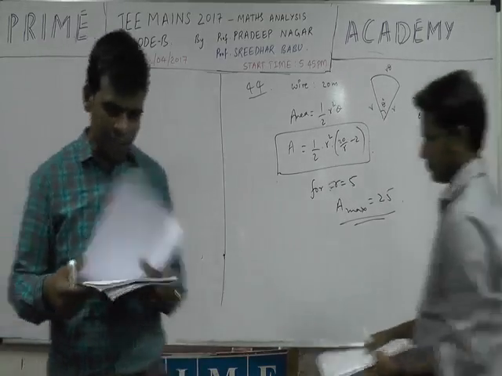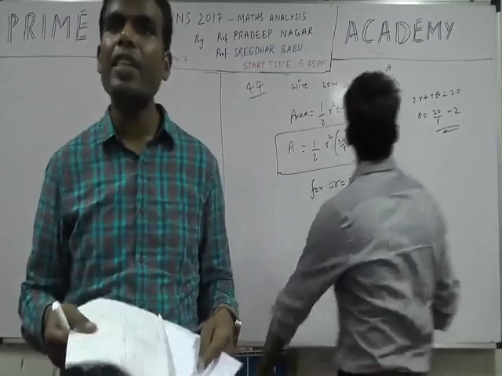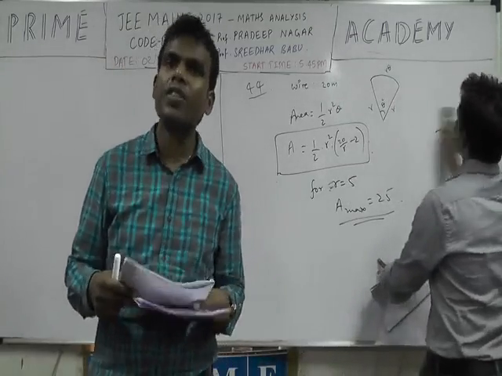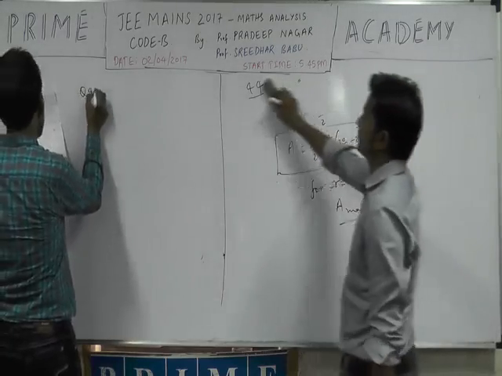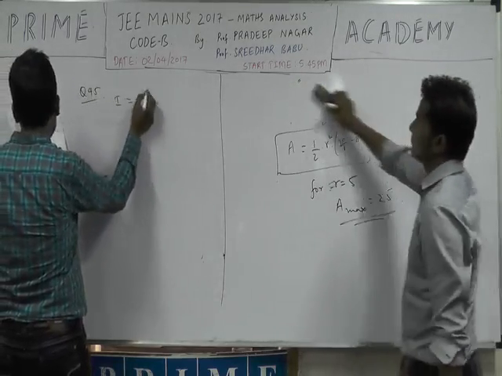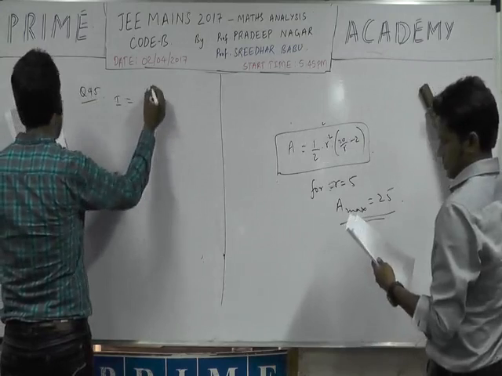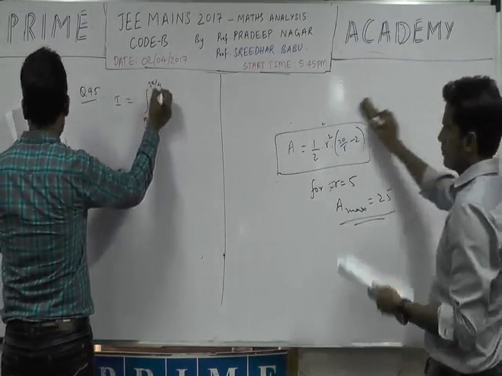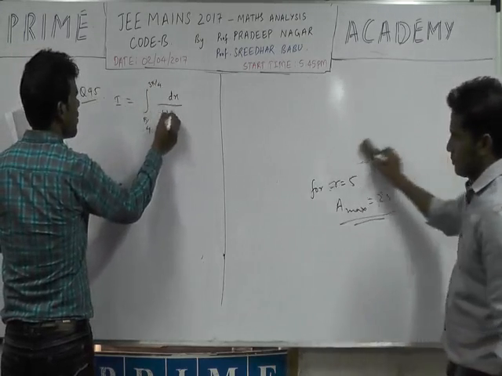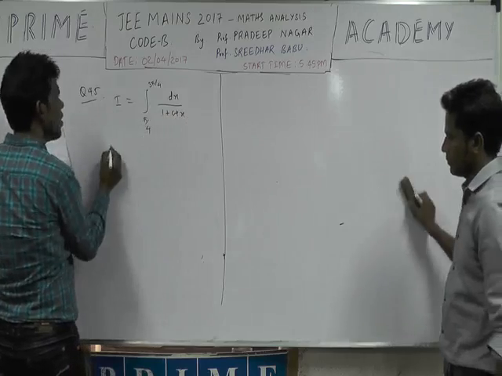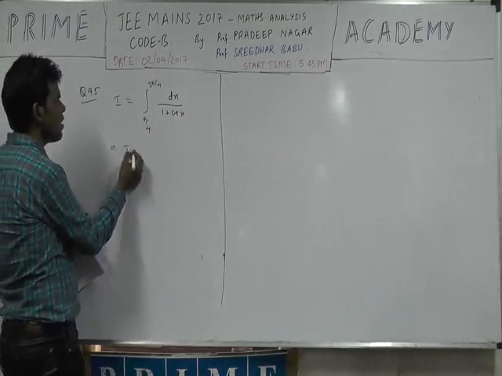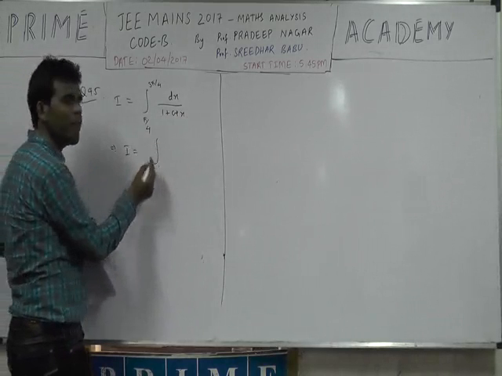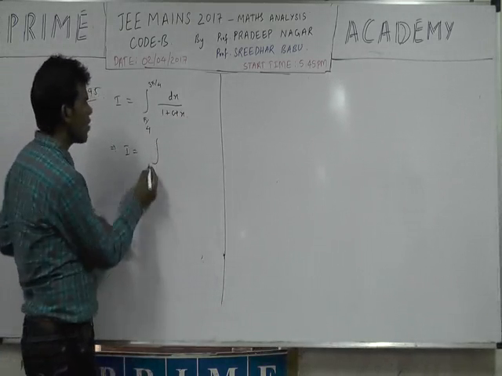Question number 45 is very easy. It is a board level question and a standard question on definite integration. They are asking the value of this integration from pi by 4 to 3 pi by 4. We are supposed to apply the property that I is the integral from a to b of f of a plus b minus x,